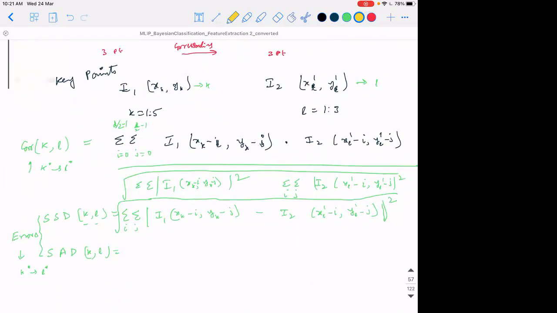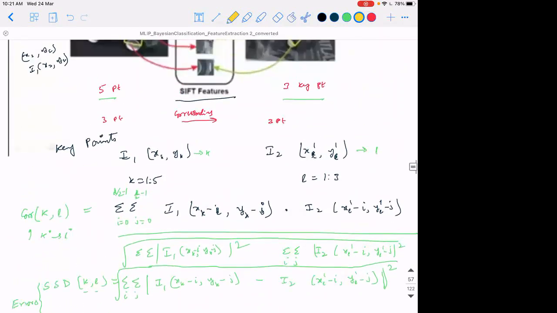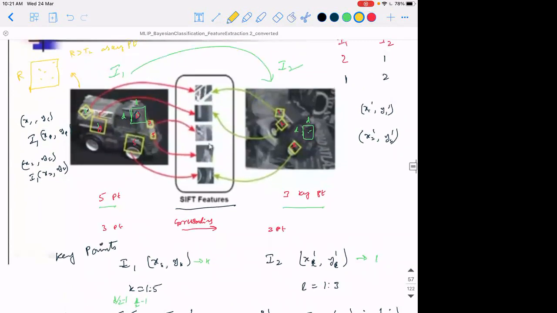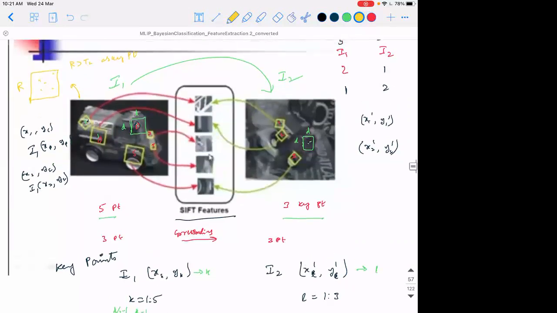There is a gap between them. So K and L they have. Sir, what if those patch sizes are different, sir? Right, very good. So now the question is this. See, usually scales of the objects in both images will be different. View will be different. Here, as you can see, I get only key points through Harris. When I get a key point, I can fix myself to have a fixed size patch around it. But the thing is, is a fixed size patch an ideal thing to fix?